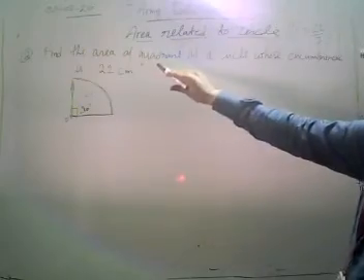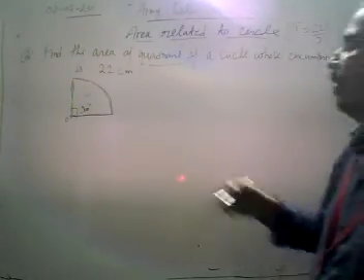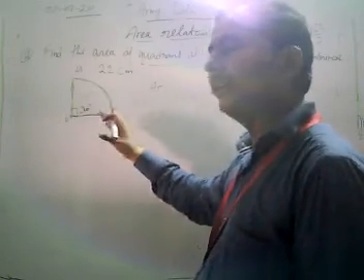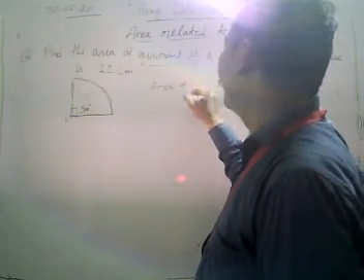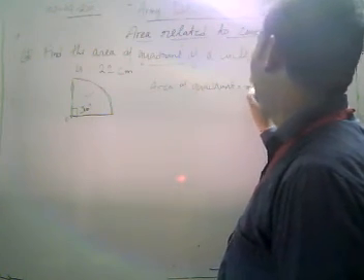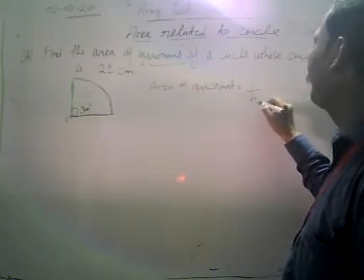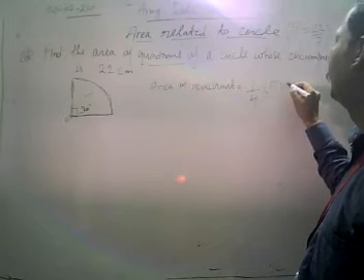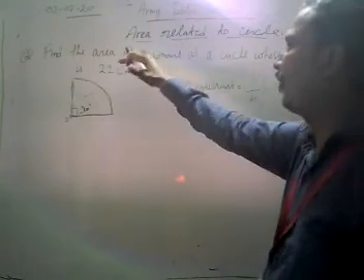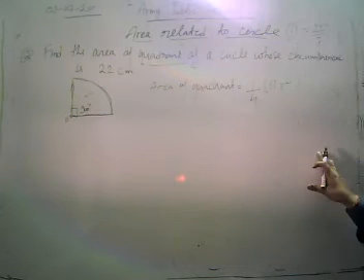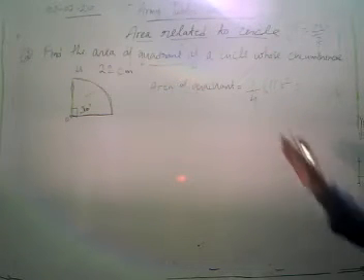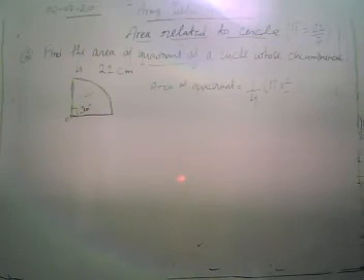Now, we have to find the area of quadrant of a circle. Then how can we find out the area of quadrant? Since it's a 1/4 part of area of circle, our area of quadrant is 1/4 of the area of circle, pi r square, so it's pi r square by 4. Whenever you have to find out the area of quadrant, you use the formula pi r square by 4. To find out the area of quadrant, we need the radius of circle there.